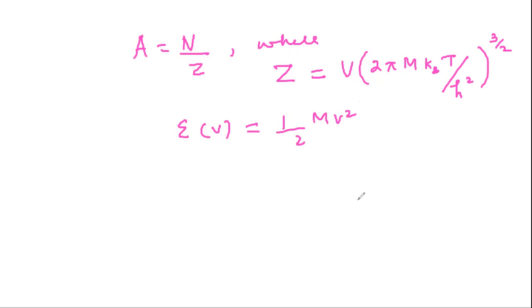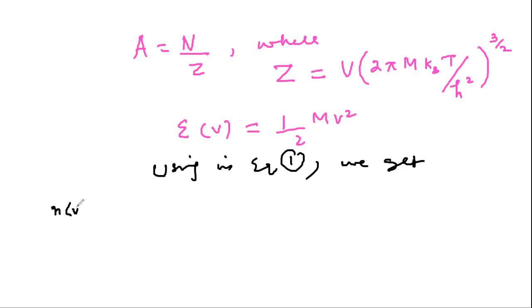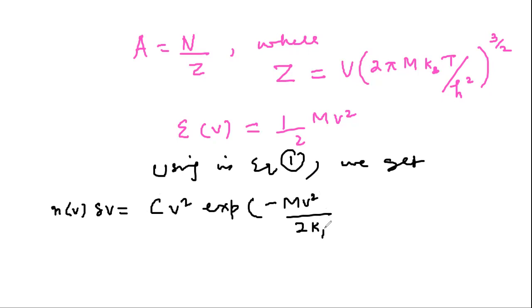So when you do that, using this in equation 1, we get N of V delta V is C V square exponential of minus mv square over 2 kbt times delta V,